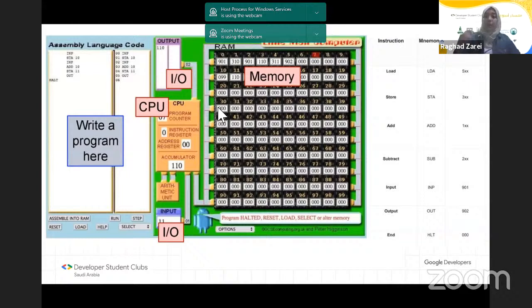My team will be sending you the link soon, as well as the instruction set. To briefly compare it with the von Neumann architecture, as you can see, this part is our CPU. And then we have the memory, which is our RAM, where everything gets saved, and then the input-output devices, and this is where we are going to write programs. Now, without further ado, allow me to go into the practical part. Make sure also to open the website and follow along with me.